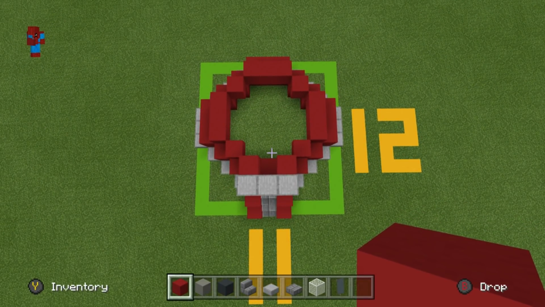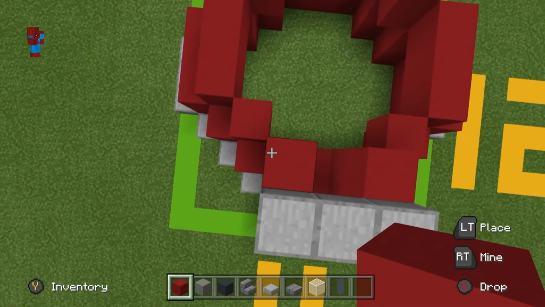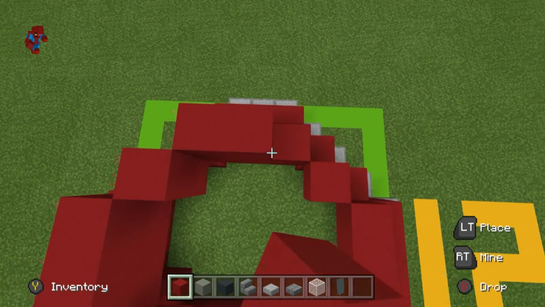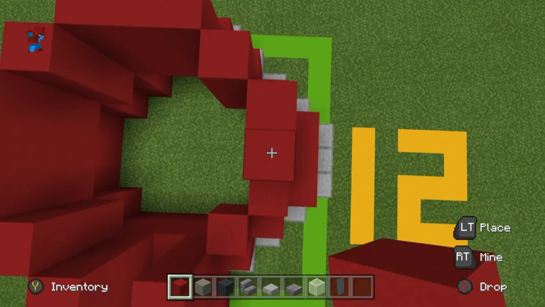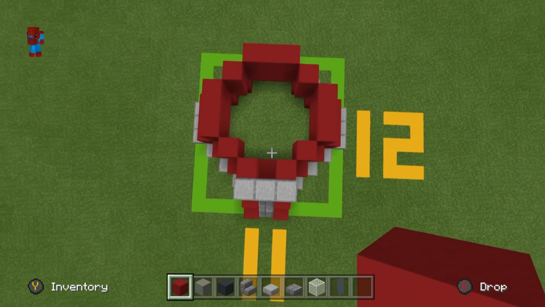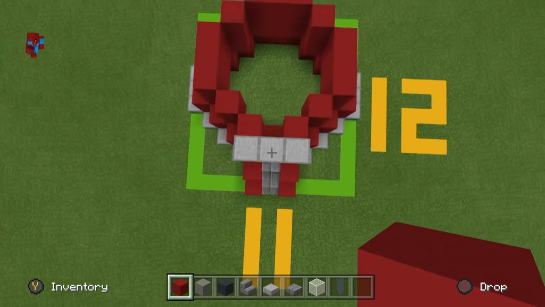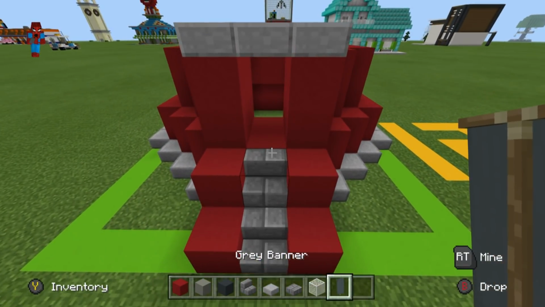Like this. Add another row of red concrete on top of the single red concrete blocks. You only have to do the singular ones. Like that. Next thing we're going to do is place a banner where we have the